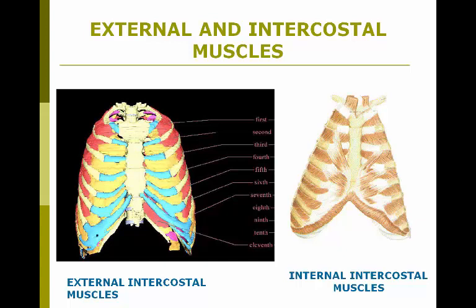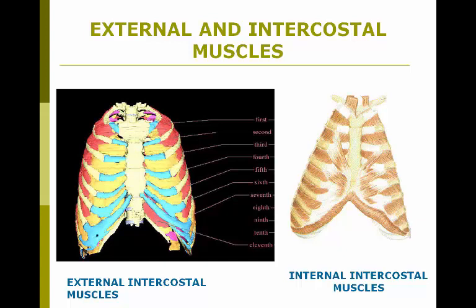To your right, in the black box, you have the terms 1st through 11th, and this is labeling the intercostal spaces there. So in each intercostal space you have the intercostal muscles. On the left you have external intercostals. These are the muscles that when you're about to breathe in, they're going to contract, bringing the ribs upward and outward slightly, and as I said on the previous slide, increasing the volume slightly such that air will rush into